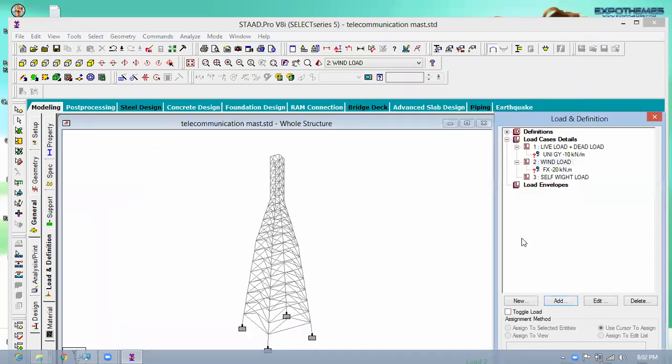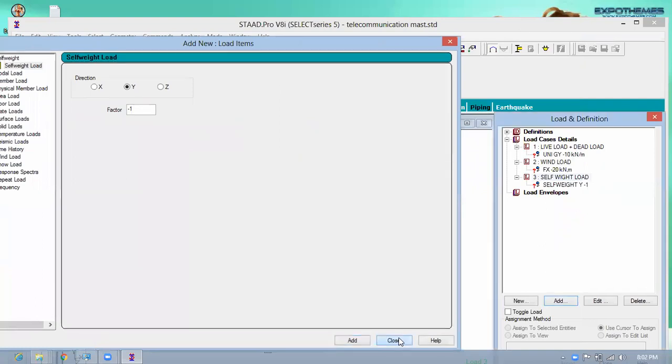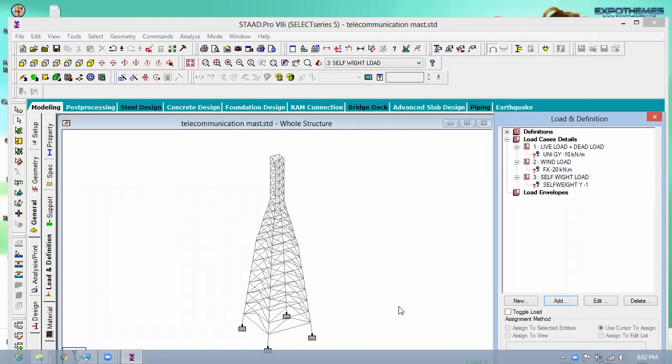So I'm going to say self weight. I'm going to click on add self weight. It's under self weight. So the factor is 1. I'm just going to say add. So it's going to make sure it's added the self weight. I'll say close. So now, having generated our load cases, the next thing